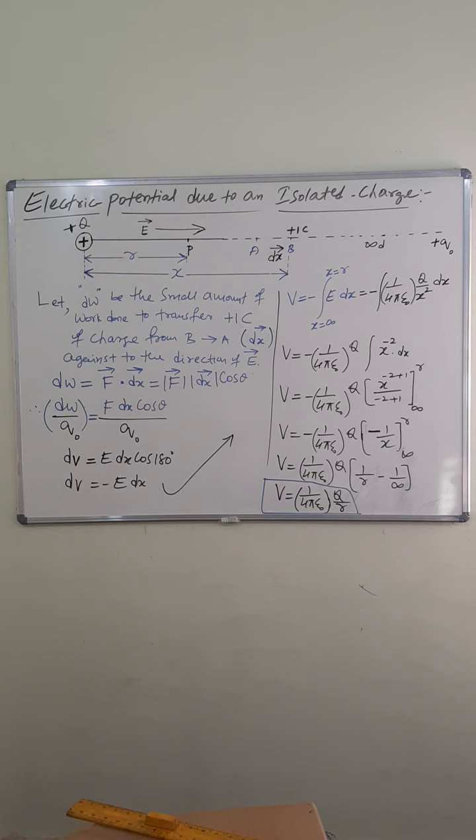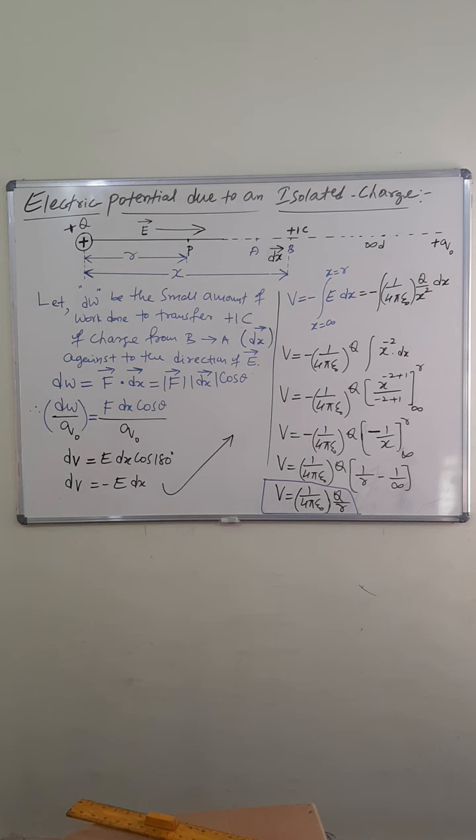Dividing this equation, you will get F dx cos theta. Therefore, dW is equal to F dx cos theta, divided by Q naught on both sides. Therefore, dW by Q naught is equal to F dx cos theta by Q naught. What is dW by Q naught? Work done per unit charge is what is called the potential difference between the 2 points, dV. Therefore, F divided by Q naught. What is F divided by Q naught? Force experienced by a charge per unit charge is what is called electric field E. You will get E dx